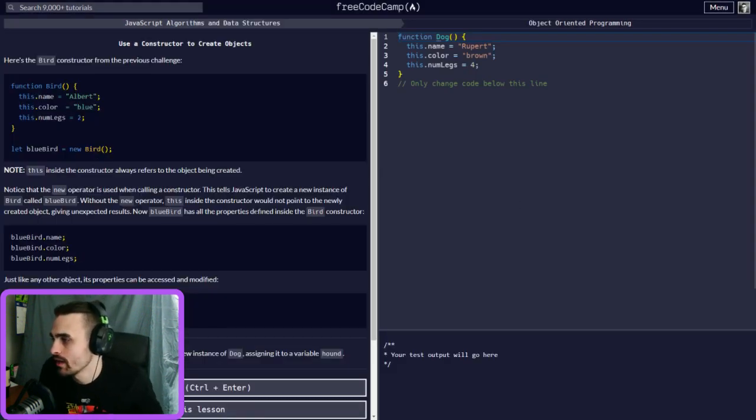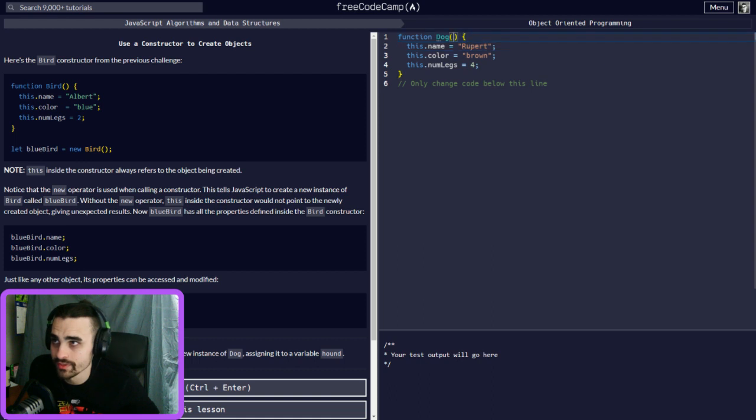All right. So now we have to create one. Inside the constructor, this always refers to the object being created, right? So this is just a default.